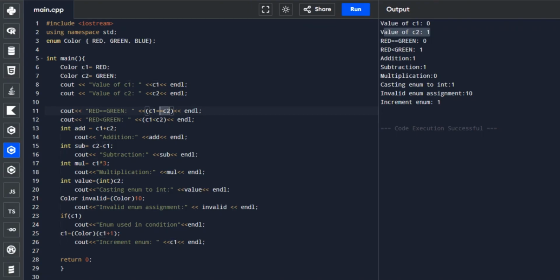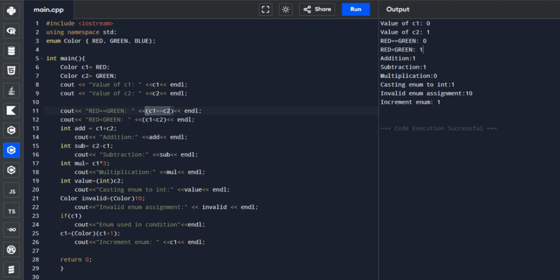So it's not equal. Therefore, it displays 0, because in C++, if the value is 0, then it is false, and if it is any non-zero number, then it gives you true. That's why it becomes 0 in our equality comparison operation. Next is our, what's this?